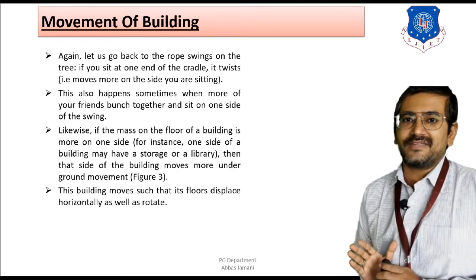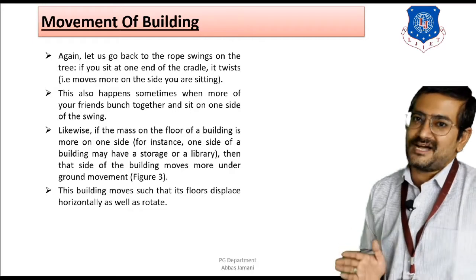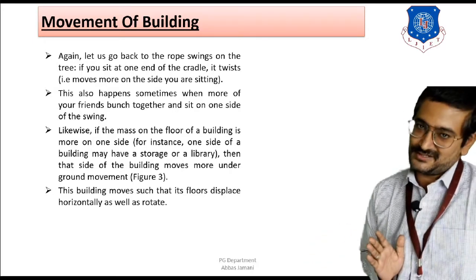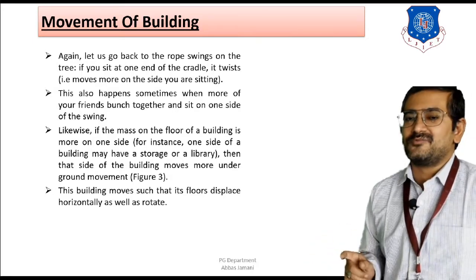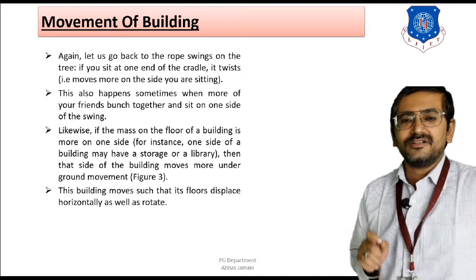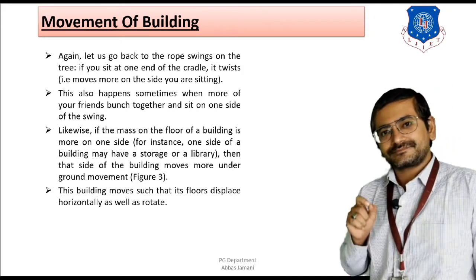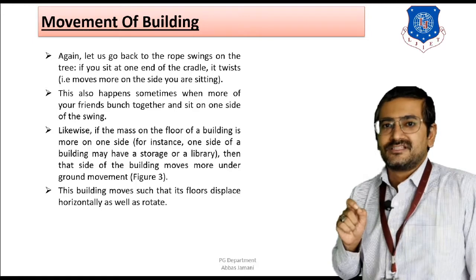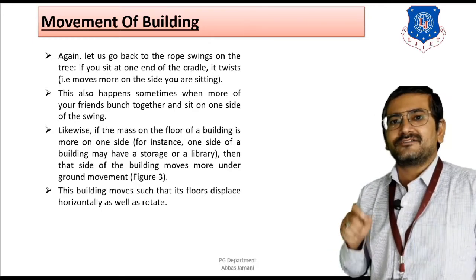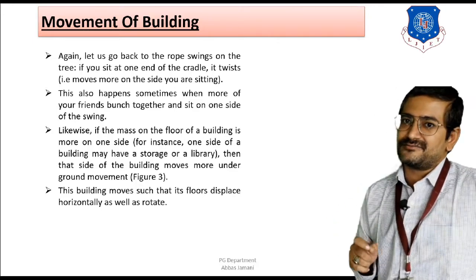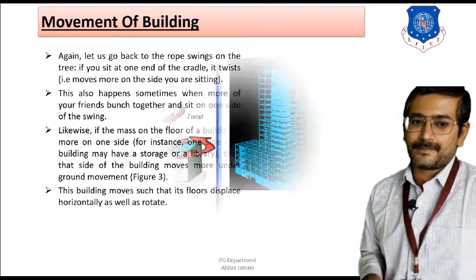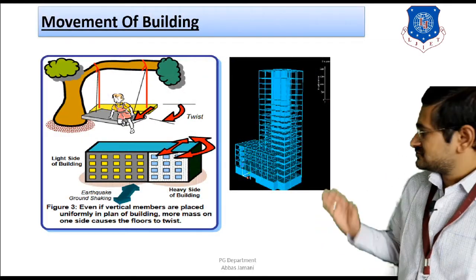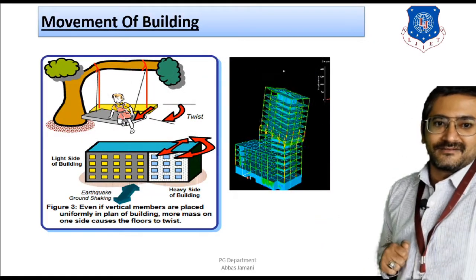So as a result of that, there is a difference in the CG of mass and the CG of the system, and as a result of that, the problem starts, right? So in order to ensure good movement of the swing, and same if you compare with that of the building, then we can say that the center of mass has to remain same, right? So again this is highlighted by a figure as shown over here.